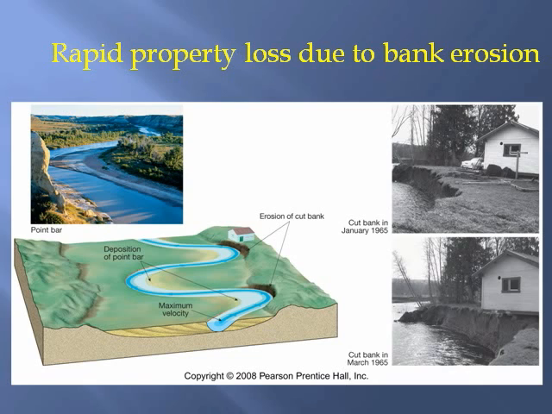The two old black and white photographs to the right, which were taken in January 1965 and in March 1965, give you a sense of just how rapidly this problem can occur. So you'll notice in the upper photograph from January 1965 that the garage or the corner of the house is about 10 to 15 feet away from the eroding bank, but a mere 3 months later 3 or 4 feet of garage is literally hanging over the bank, where erosion has worked its way right up under